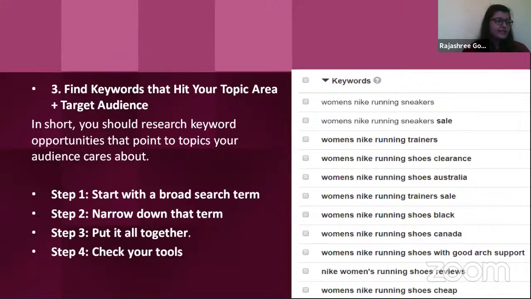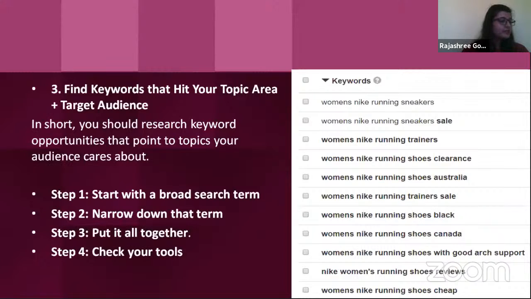And the second one is women Nike running sneakers, which is my variation of the keyword using different words. Third one is running sneakers cushion sole. This is my root term and features my product. And what kind of running shoes should I buy? This is a question from my common consumers. So these are the things I have prepared.